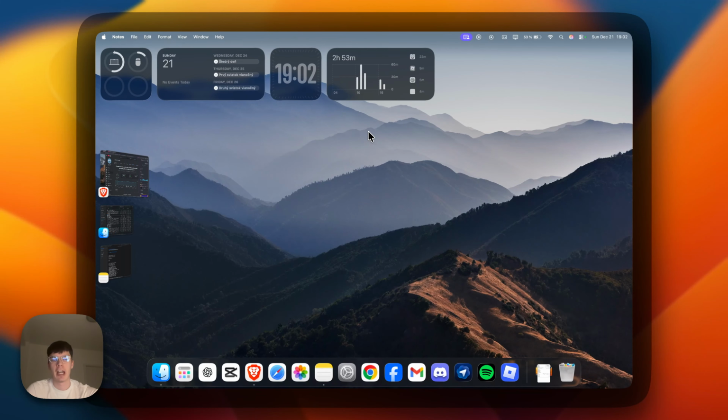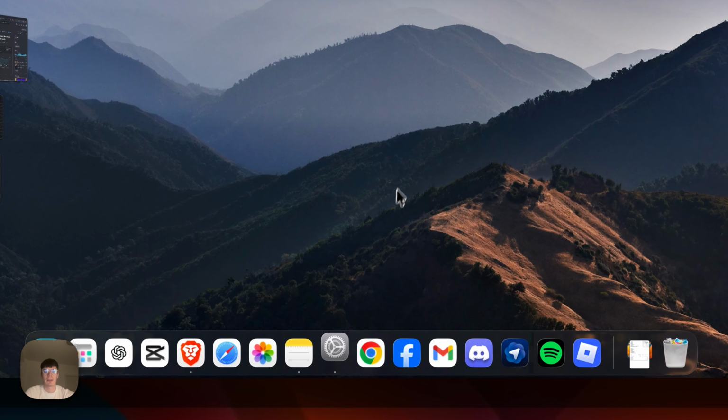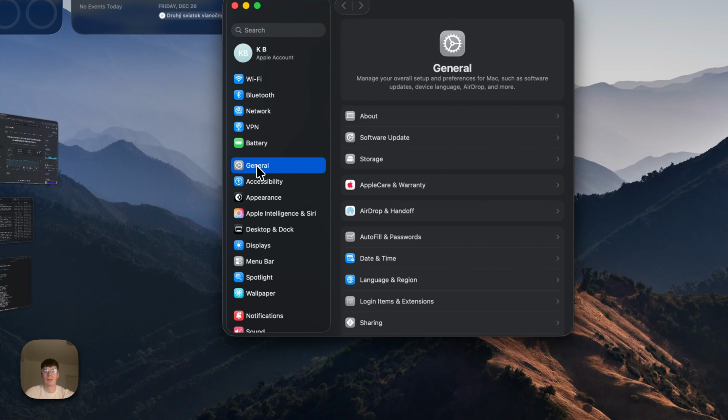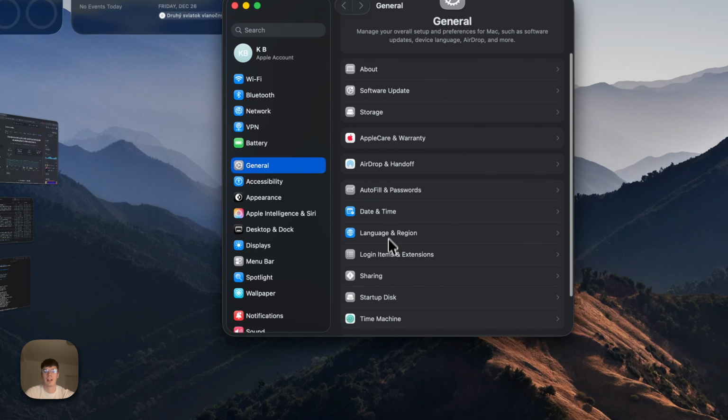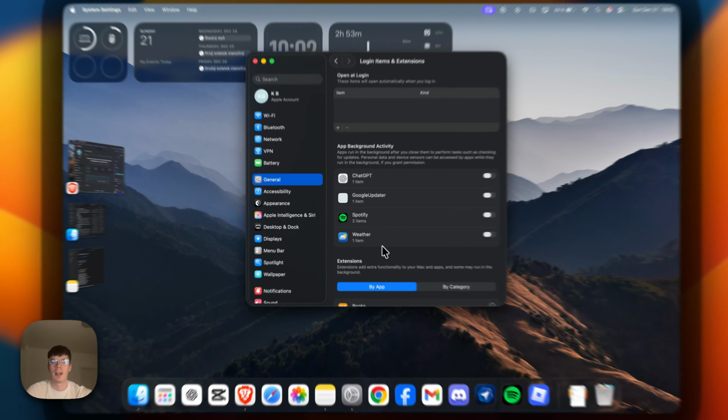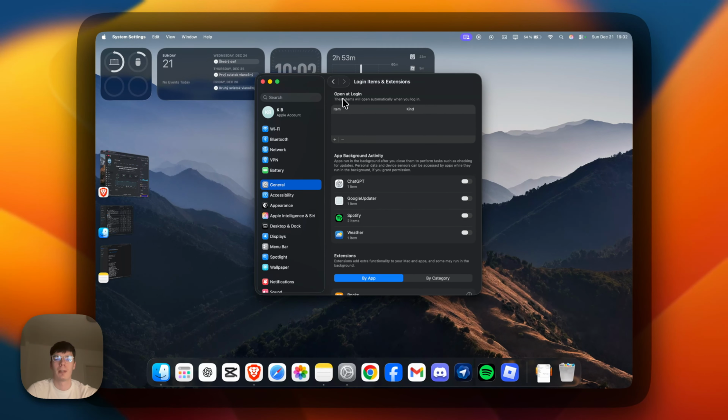How to start an app on startup on your Mac. So simply open your system settings and now go to General, and here scroll down and open Login Items and Extensions. Up here is the Open at Login option,